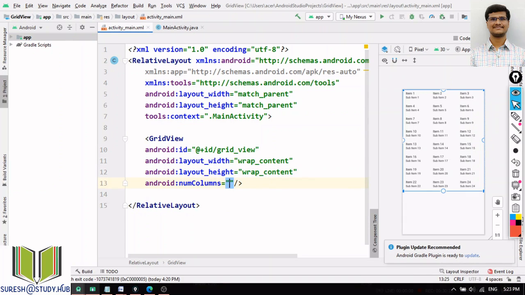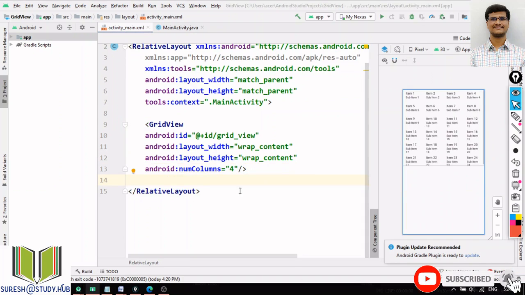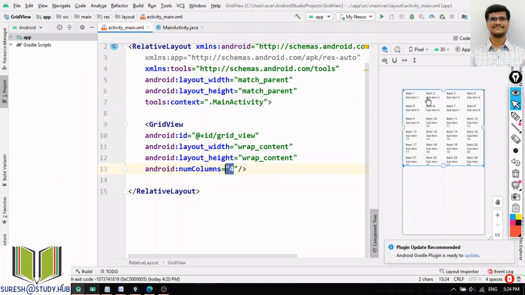Even if I use it as 4, you can see here. Okay, if I use the number of columns as 4, automatically it will change. So you can see once I placed it as 4, automatically it is adjusted, right? So 4 columns, 1 2 3 4. So I mentioned it as wrap content, so it is added according to this. Width and height will be adjusted according to this grid.